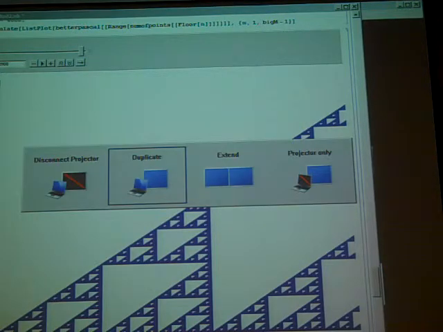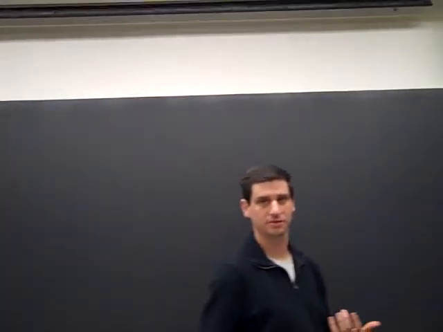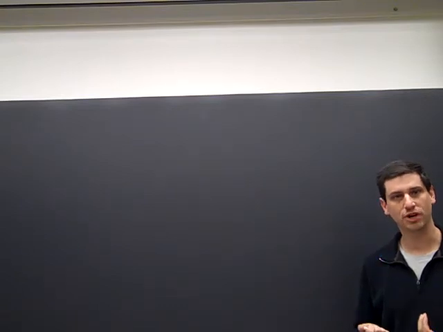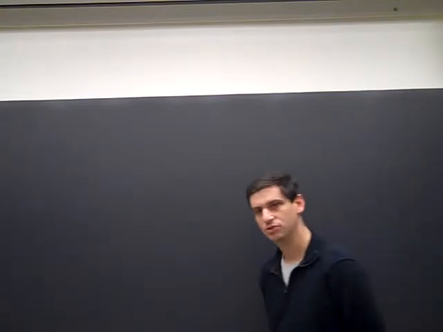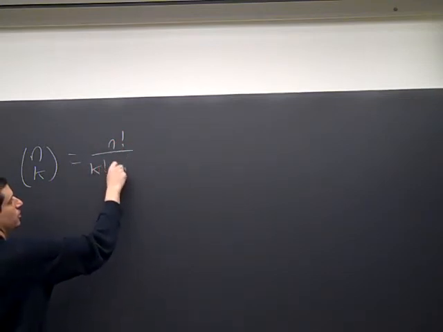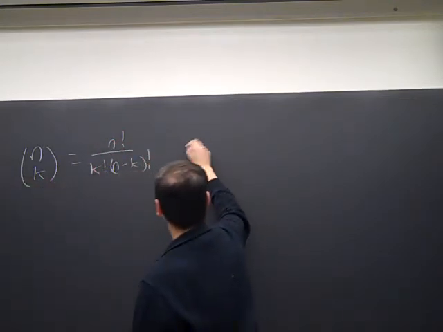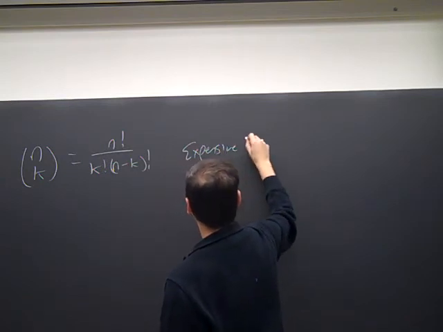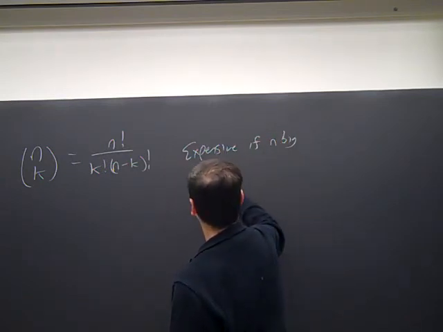I sadly need the blackboard now for this, so I'm going to switch that off. All right, so we're going to assume now that memory is expensive. How can I calculate Pascal's triangle efficiently without making too many demands on memory? And again, calculating n choose k, n factorial over k factorial times n minus k factorial, is expensive if n is big and k